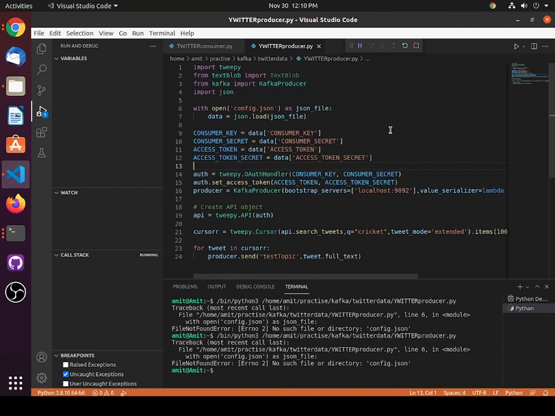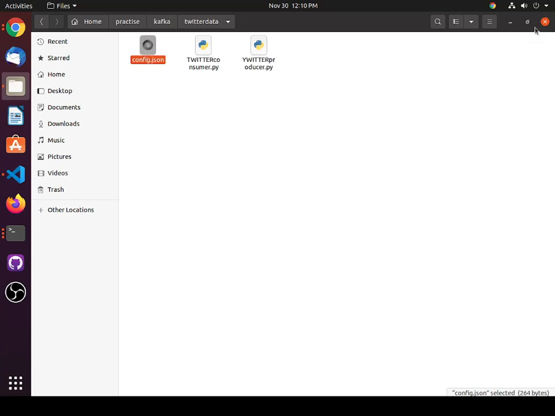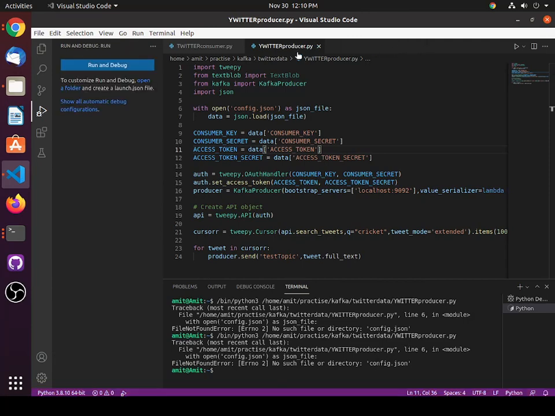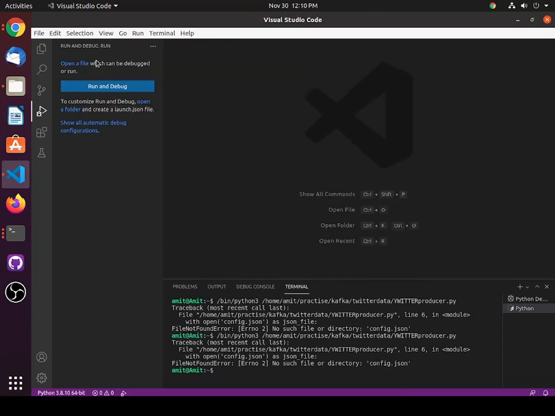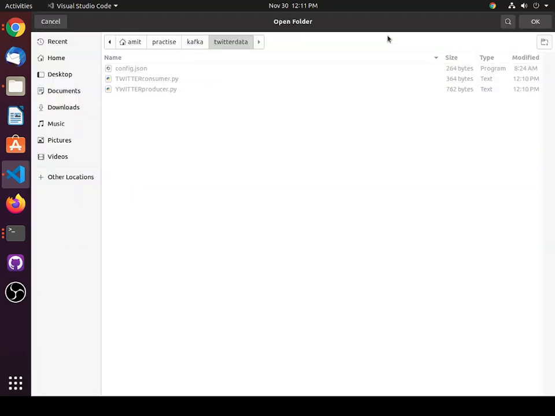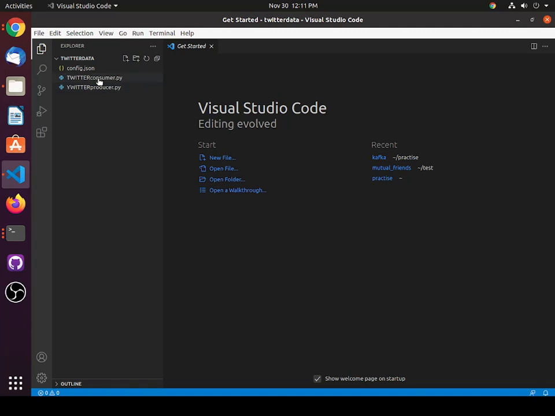Just a minute, it is not getting that JSON file, I think. Let me not open that file here. We will stop running both of them. Let me open it via the folder, the Twitter data folder. Okay, it should work now.